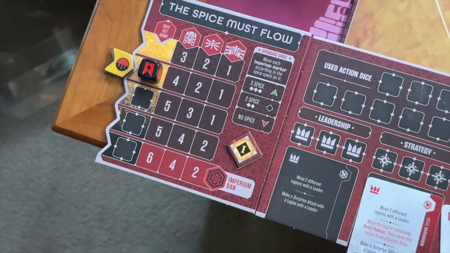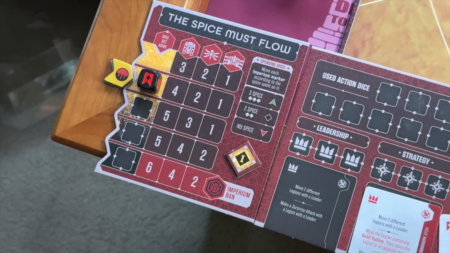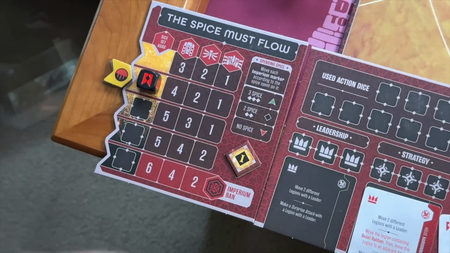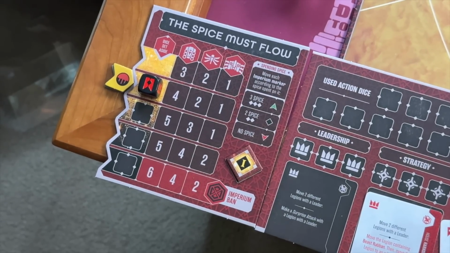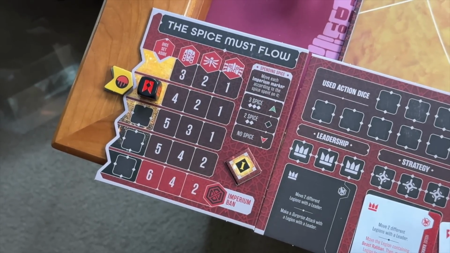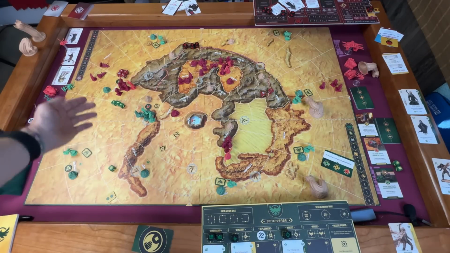And the worse things get, the more things happen. If it's here, you have all the Imperium bans, and you have all of these dice locked up, which is pretty rough for you because you don't get to overwhelm the Atreides with quite as many actions as you normally would be able to. So the game is going to continue back and forth till either the Harkonnen player has